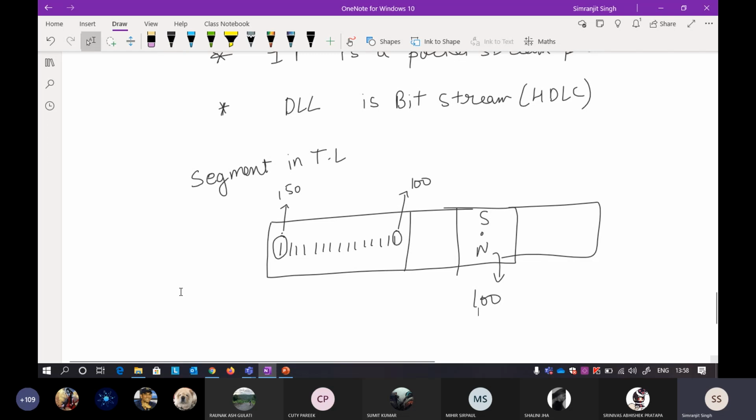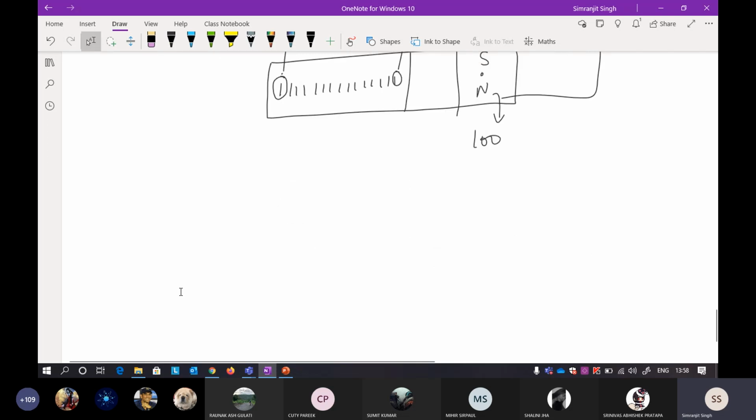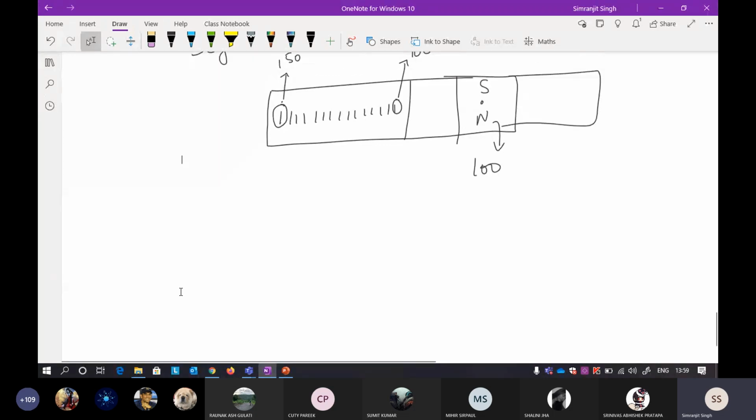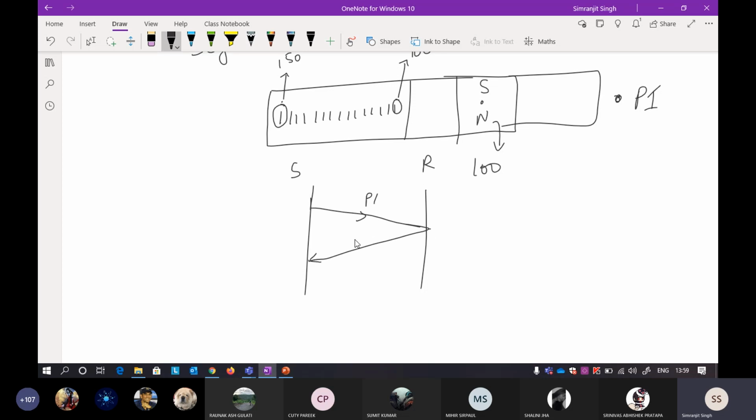Now understand this point. When you send this sequence number field, this is the starting sequence number. Suppose you are a sender and this is a receiver. You send this particular packet P1. When you send it, the receiver has to reply with an acknowledgement.